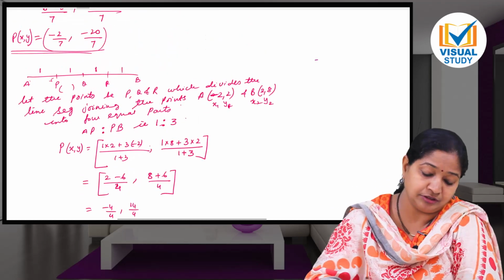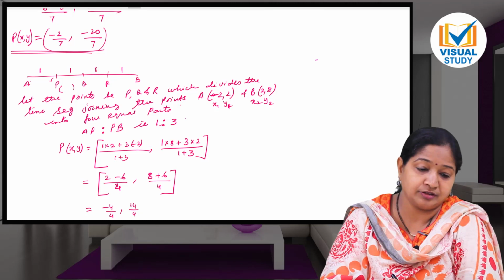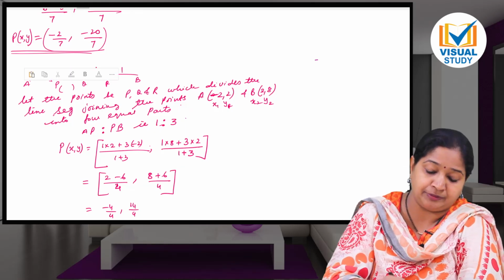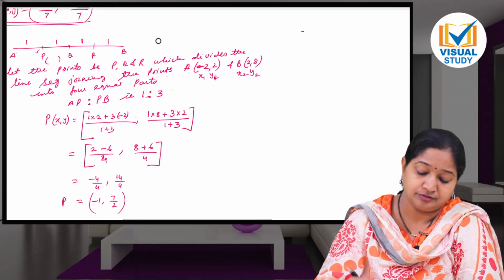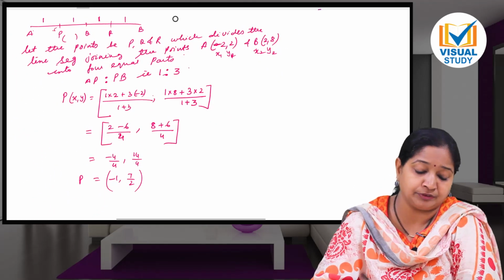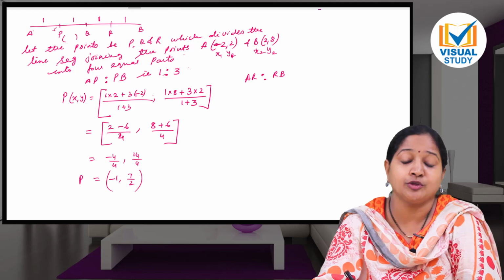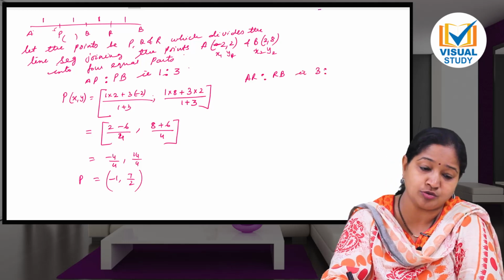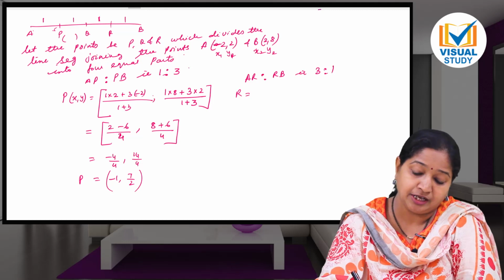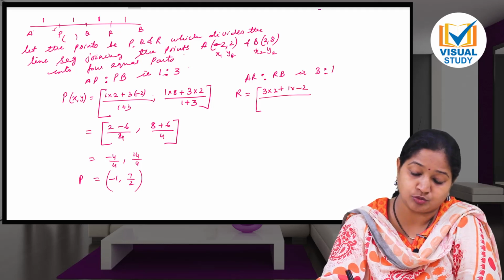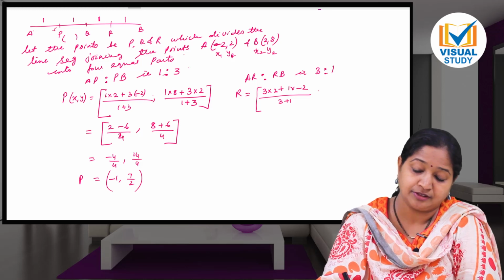Now R. Now see here, R divides AB internally in 3:1. Again AR and RP. So R divides the ratio into AR is to RP. बरोबर. So तो ratio काय होणार आहे? That is 3:1. Now we will find out the R point. Again we are using our section formula here. 3 into 2 plus 1 into -2 upon 3 plus 1, and